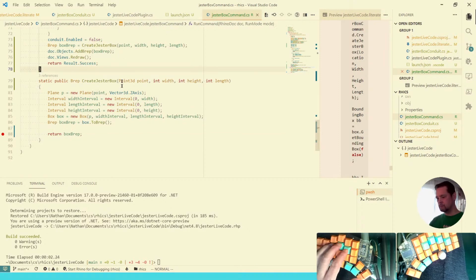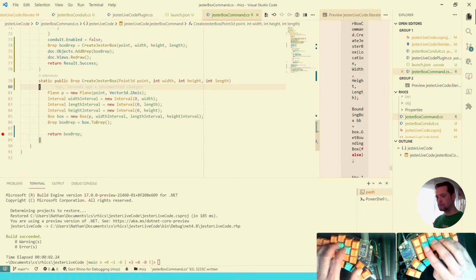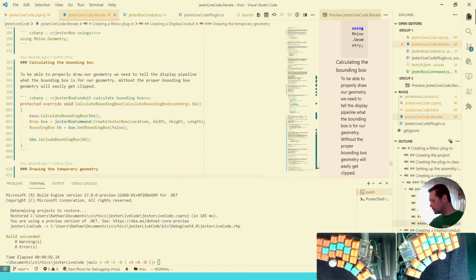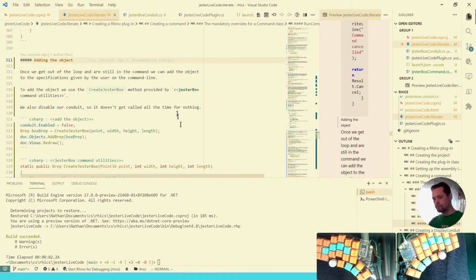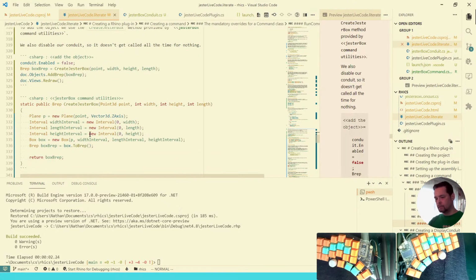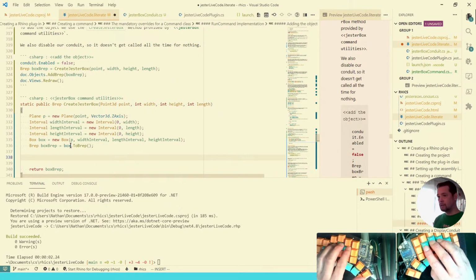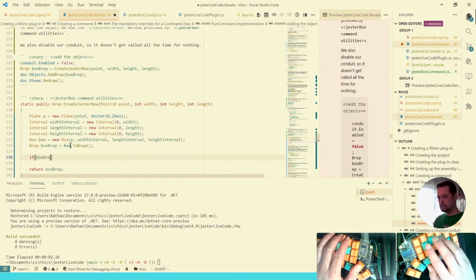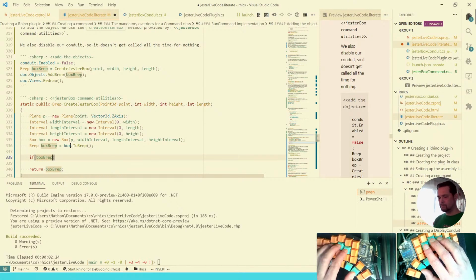What? Why? Did I forget to save before generating the code? Oh, yes, of course. Sorry, I'm being a bit dumb here. I was supposed to do this here. So if box brep equals null, oh, null,